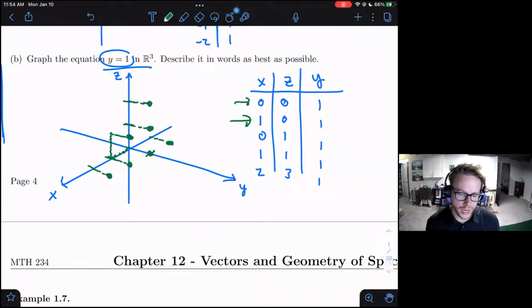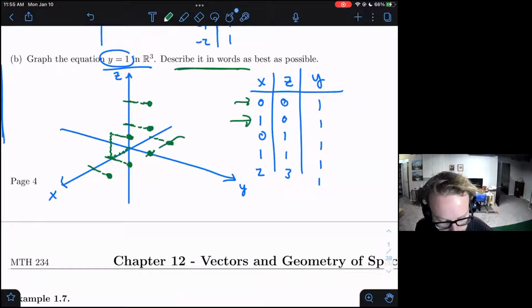And so let me pull up chat here and ask you guys this question. Thinking about what words am I going to use to describe this surface? Does anyone know what kind of surface this thing is? So yes, this is overwhelmingly, I see the right answers. Thank you very much. It is indeed a plane.